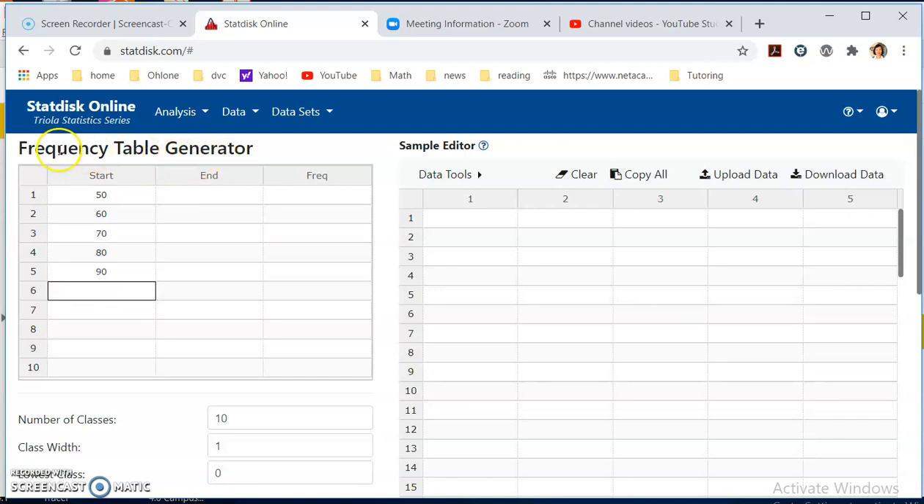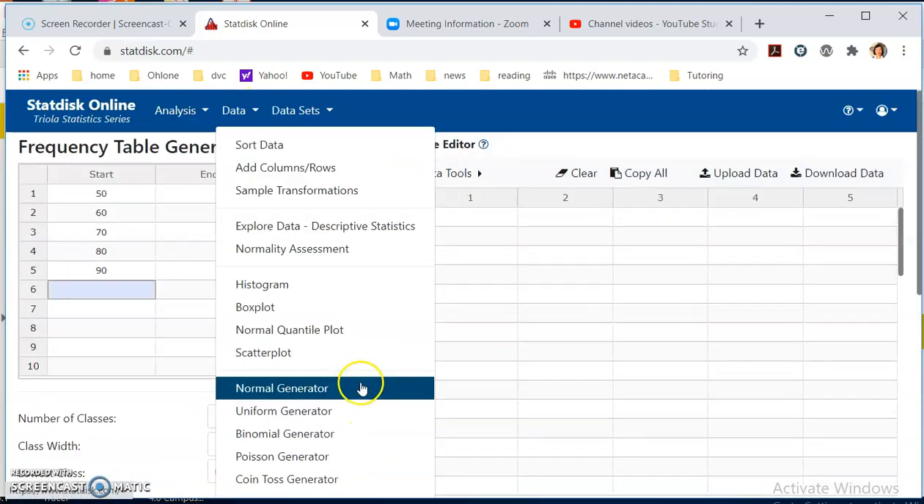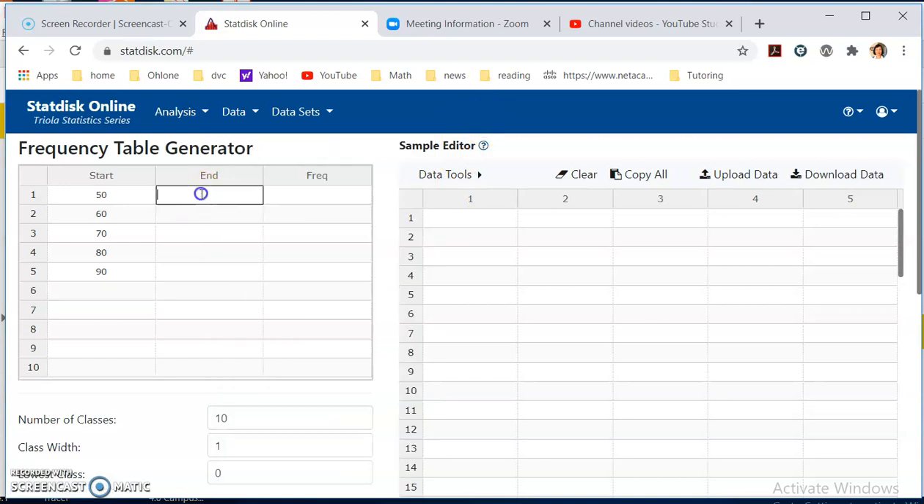I want to remind you, a lot of people get confused and enter this in the sample editor. This is not the data, it's a frequency table. So you don't enter them here. You enter it in the frequency table by going to data, go all the way down, frequency table generator. And then the upper class limits are 59, 69, 79, 89, 99. The frequencies you just manually enter: 1, 0,